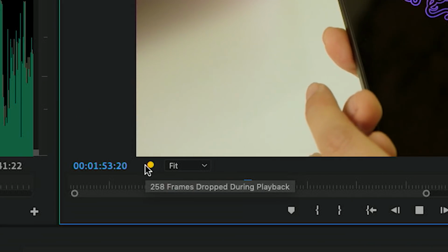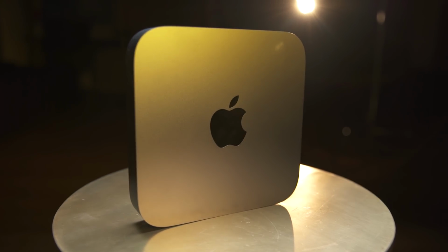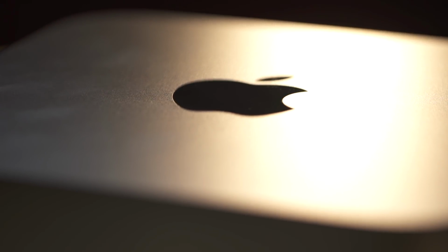In exporting footage, the Mini performed a bit better. Exporting and rendering is another generally CPU-intensive task, and the Mini performed just slightly slower than my MacBook Pro, and again about half as fast as the iMac Pro. The Mini's CPU is more capable than I'd expected, but a picture is emerging of a system really held back